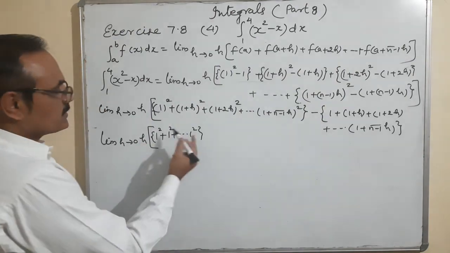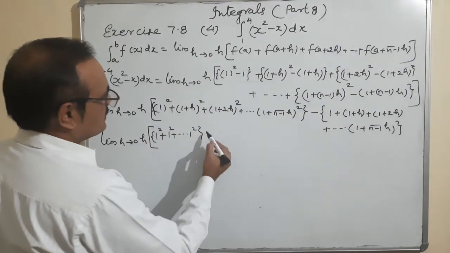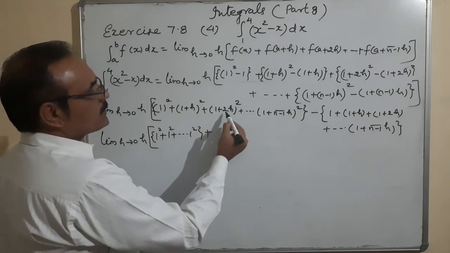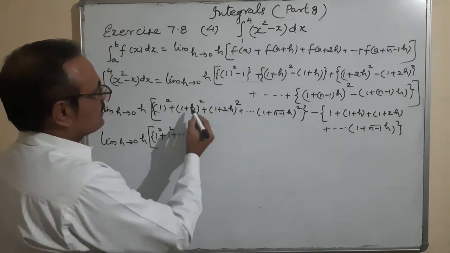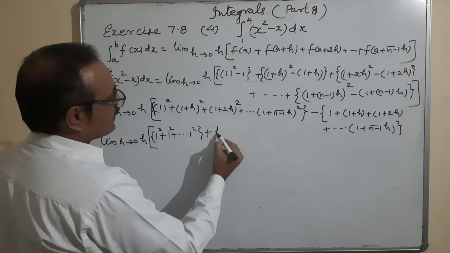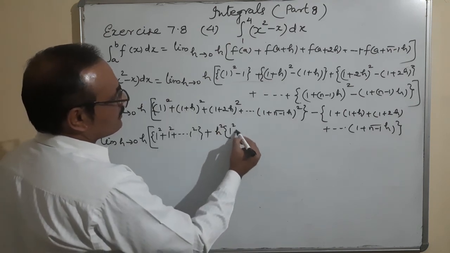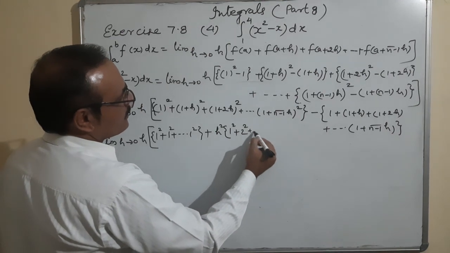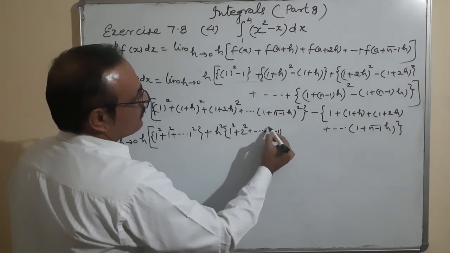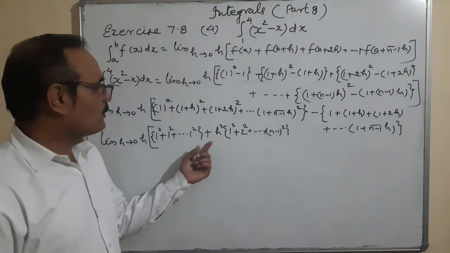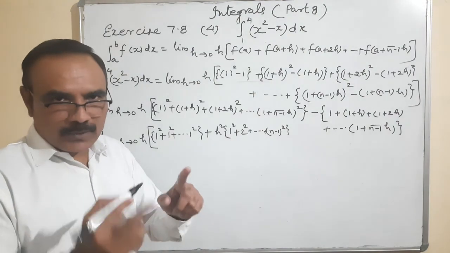Okay, so this is the collection of first terms, plus the second terms, which start from here: h square plus 2h square, 3h square, and so on. I will take h square common. Then in the bracket, what is left here? 1 square plus 2 square plus up to (n minus 1) square. This is a square plus b square plus 2ab